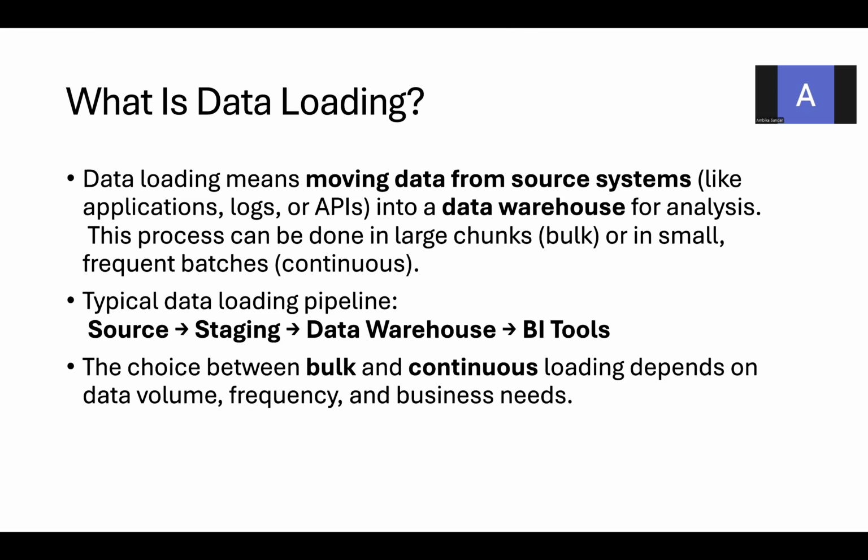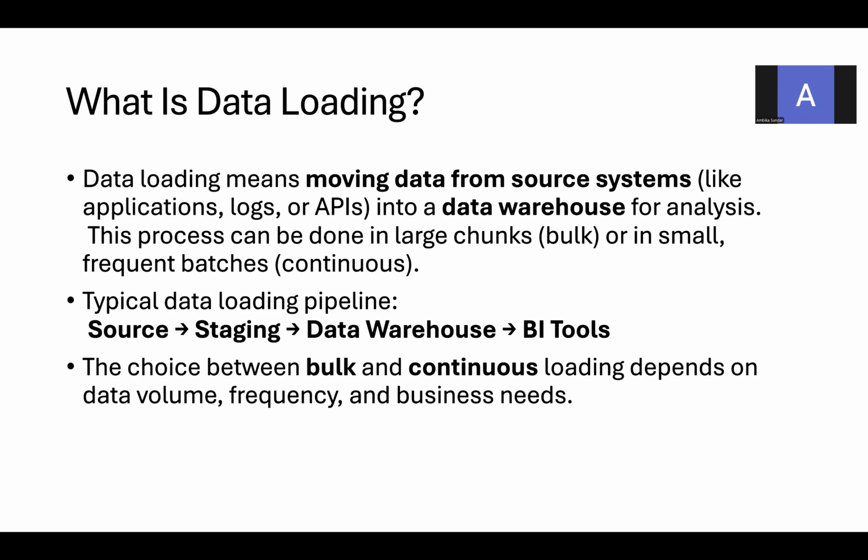First, the data will come from the source to the staging level. Staging can be the internal stage or the external stage of Snowflake. Internal stage means you take it from the local file into the Snowflake stage. External stage means it comes from the S3 bucket to the Snowflake stage. From there, you will be loading the data into the Snowflake data warehouse. After the data is stored, initially it will be the raw data, and you will do some transformation. The data will be processed, and then it goes for reporting, that is the BI tools.